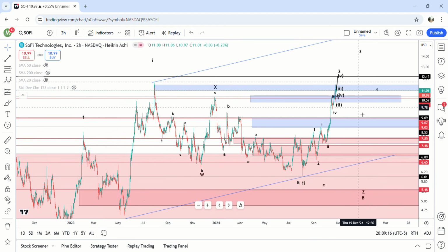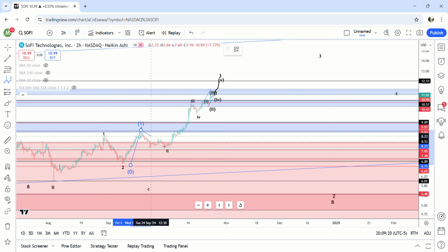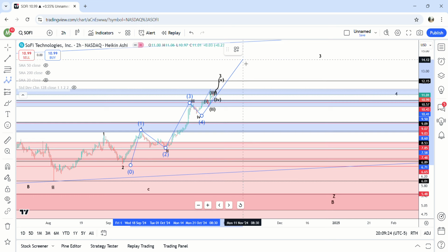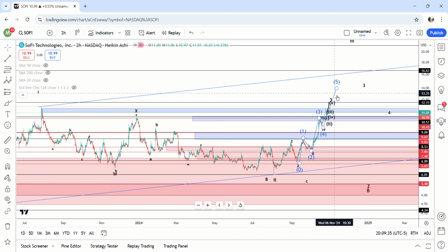Who knows? You could get an extension. You could get something like this. Could get something up here to 15 bucks. Probably not though. Maybe 13, 14 bucks, and just get a ridiculous move higher. The minimum target for all those scenarios is like 13, 14 bucks, but for the first two scenarios, again, it's